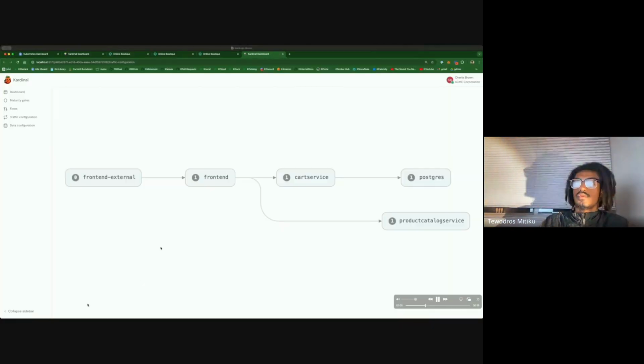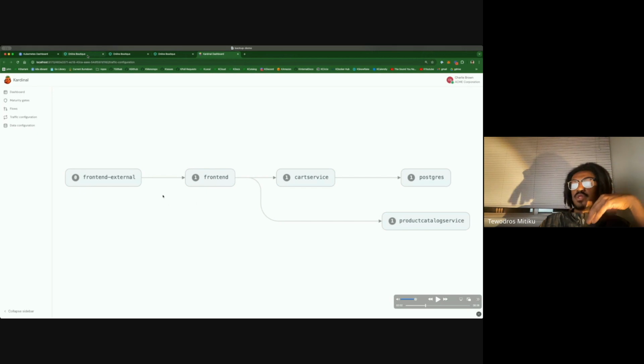Great. So now it's deployed. Cool. Here we can see that with this updated Kubernetes manifest, with the annotations of the dependencies, our front end is able to visualize the updated topology with the representation of the dependencies. So the front end depends on the cart service, which depends on the Postgres database, and the front end depends on the product catalog service. And with that information, we can use that to help create better flows.